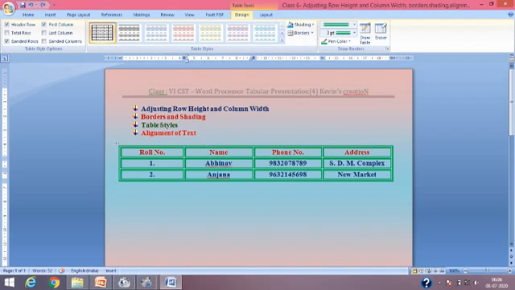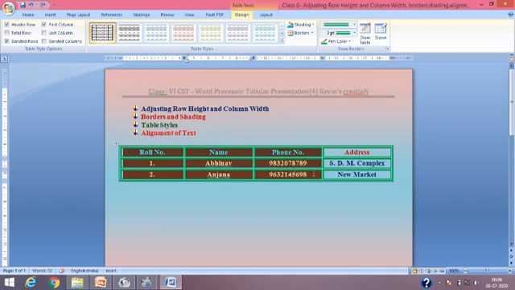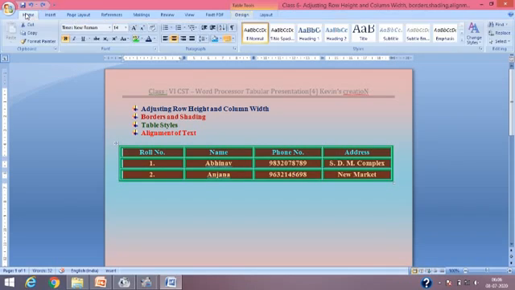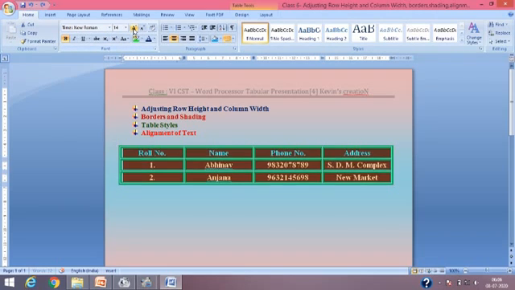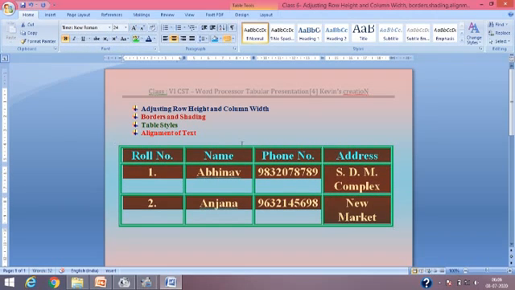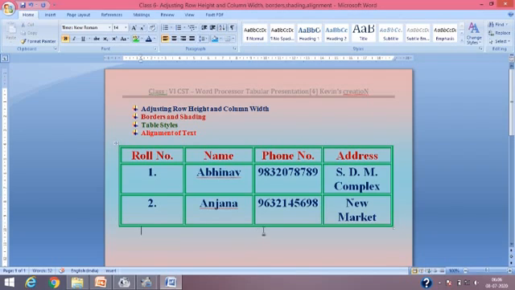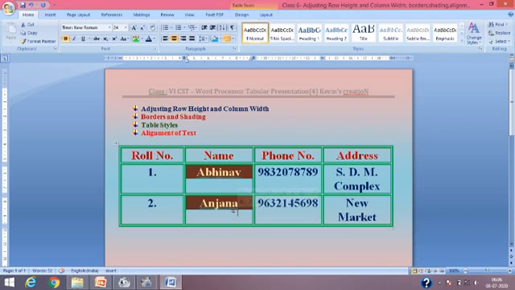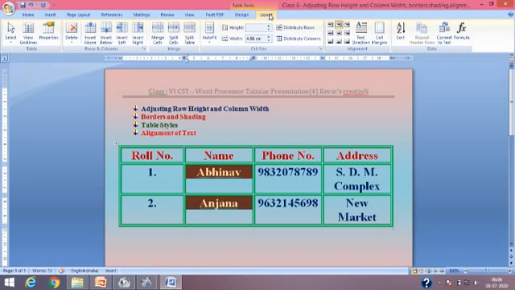And we have to do alignment of text. Now you can see it nicely. What I am going to do is I am going to increase the size of it so that you can see it nicely. These two I am selecting, okay, for the alignment of text. Either you can select one cell or a range of cells, that means a group of cells. Then you have to go to the layout tab, layout,